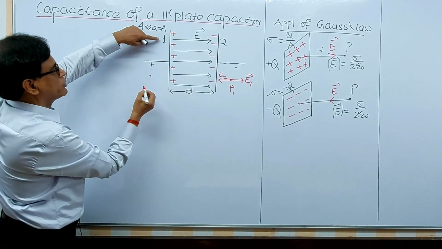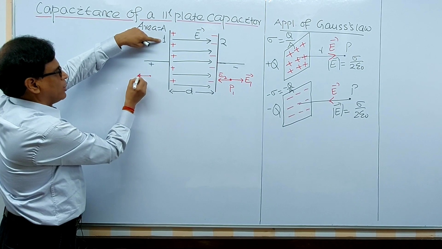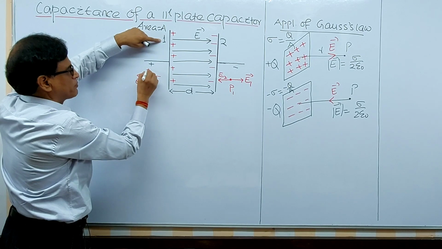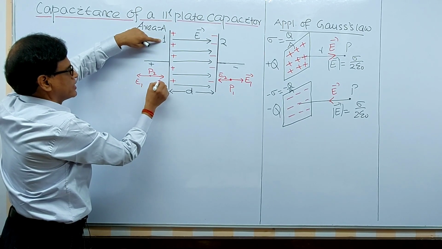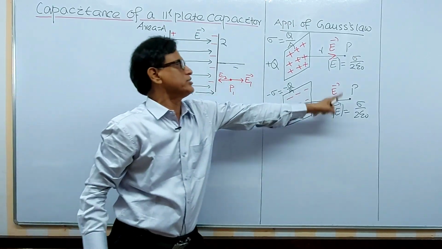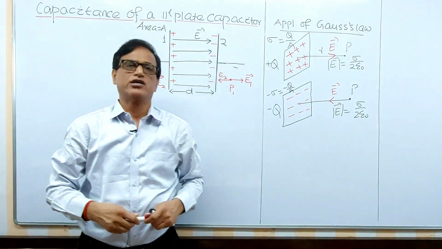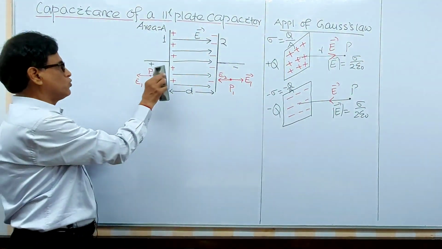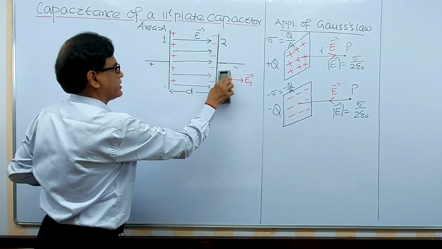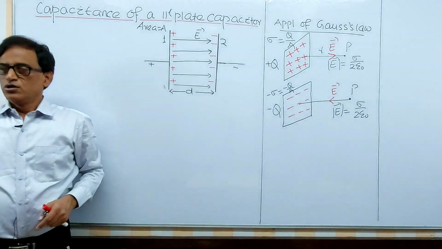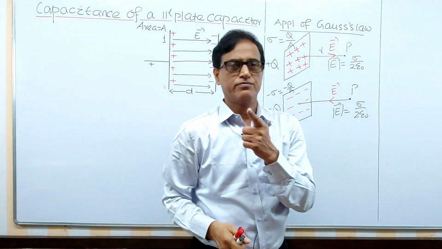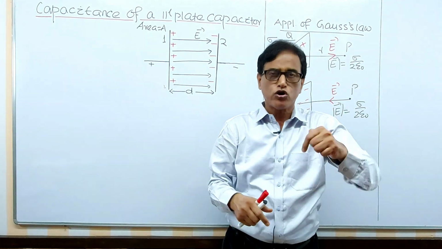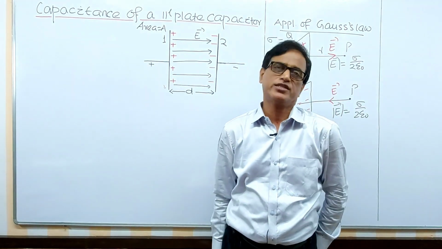If you consider the electric field due to the positive charge, it is away, E1, and due to the negative charge at the same point, P2, in this direction, that is E2. E1 and E2 are the same in magnitude, hence they cancel out because they are oppositely directed. That's why the conclusion is that outside the plates of the capacitor, the net field is 0. Okay, I think the first concept is clear. Outside the plates under consideration, the electric field is 0, though the plates are charged, one positive, one negative.